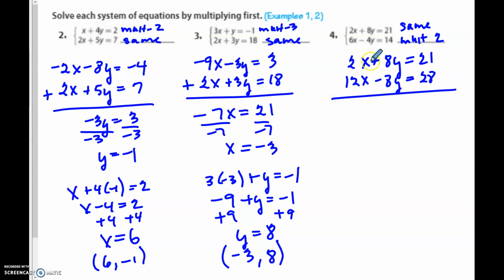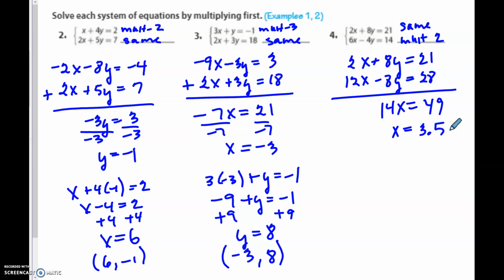All right, 2x plus 12x is 14x. My y's are going to cancel out, and what's that, 49? So now, what is 49 divided by 14? I got x is, and I got a decimal,